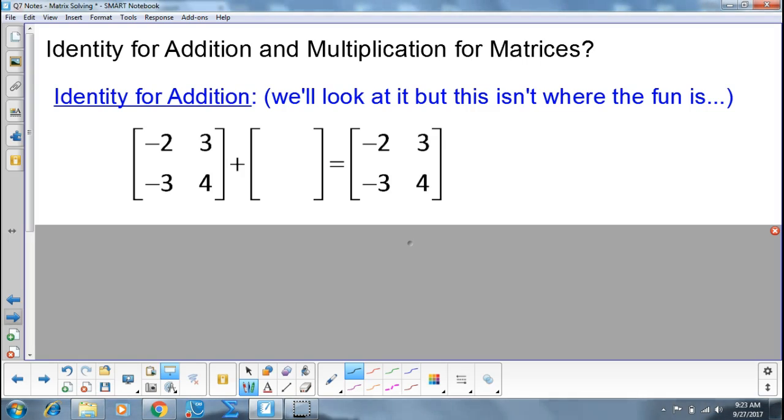Because it's got to be the same size. It's going to be what? First row is going to be 0 and 0. Second row is going to be 0 and 0. Yep. So it's going to be the matrix 0, 0, 0, 0. Right? Okay. So this is the 2 by 2